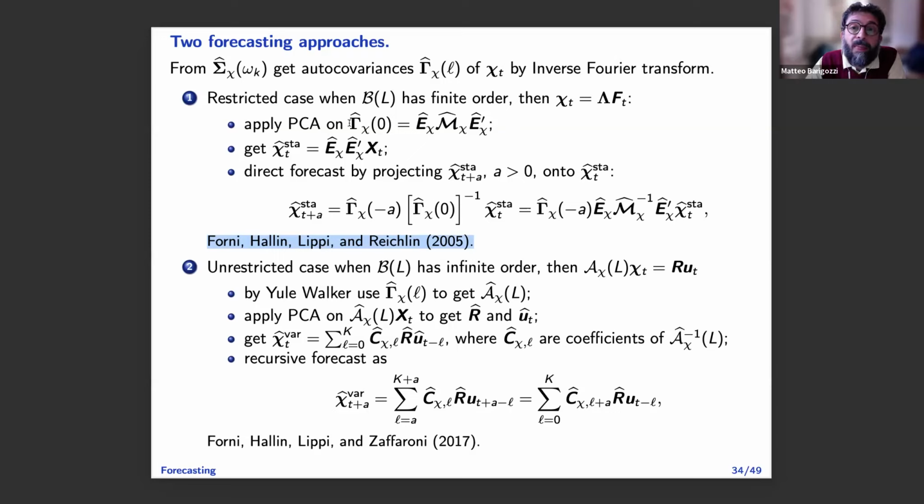So instead of applying principal component analysis on the covariance matrix of the data, apply principal component analysis on the covariance matrix of the common component that you get from the first step. Okay, and then this will be Stock and Watson. So project your data. So this is direct forecast. Project the T plus h observation on the T observation. And well, it seems magic, but you get this formula in the end.